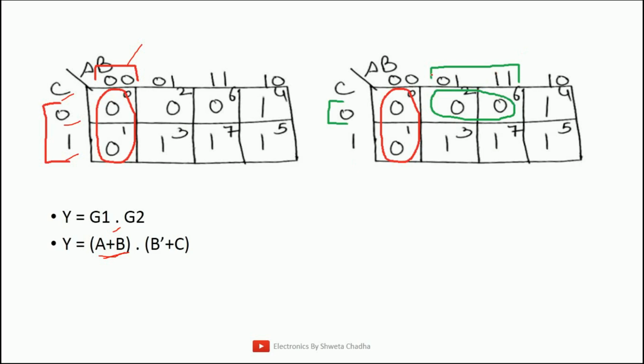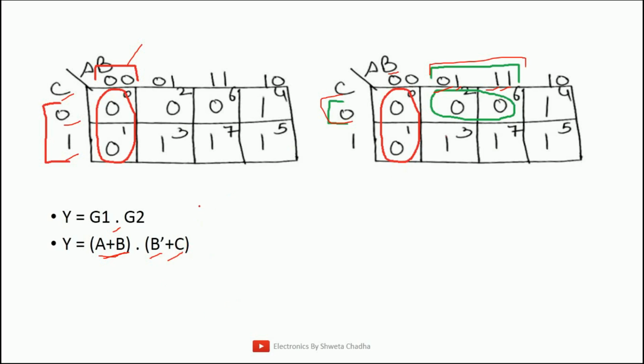Similarly, group number 2, so this is the group area for group number 2. 0, 1, 1, 1. So this is the value 0, 1, 1, 1. The value A, 0 as well as 1, changing value, ignore. So let us ignore variable A. On the other hand, variable B, 1, 1. So B is having value 1 for both the entries, for both the group areas. Hence, let us write down the answer. B is equal to 1, that is B dash. Similarly, C. C is only having value 0, that is C. Hence, the answer for group number 2 is B dash plus C.